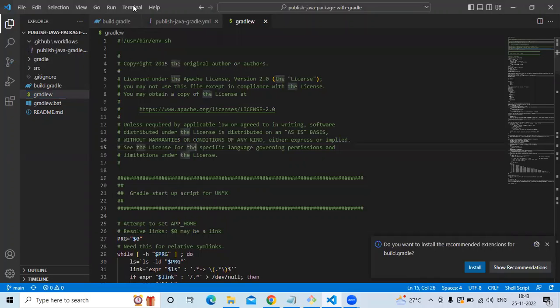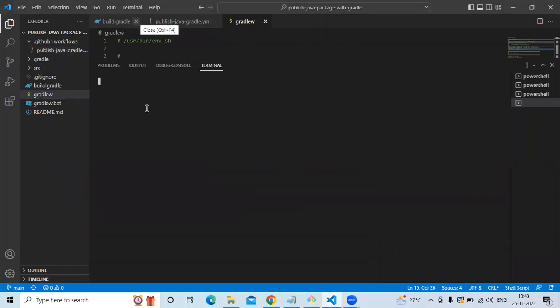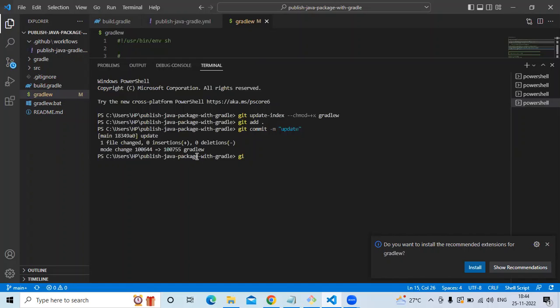Now let's open a new terminal, and here we need to give this permission using the command. And now let's push this code: git add dot, git commit -m in double quotes our commit,